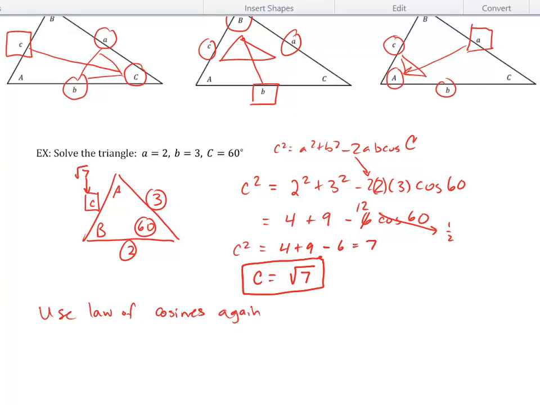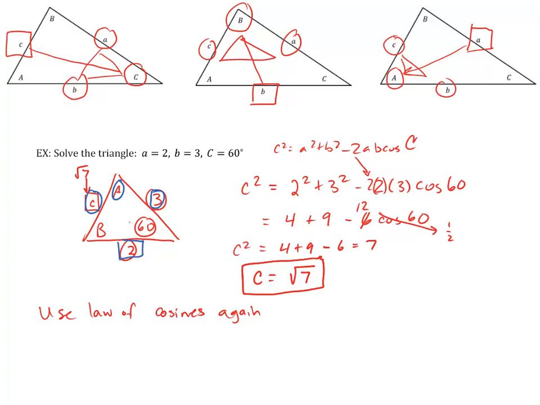This time, and I'll draw it in a different color just so you can see it, I will use this side here, this angle, and this side together with this. And notice that I have one unknown, namely this a right here, that I will then solve for. So go back to my red pen. I have 2 squared